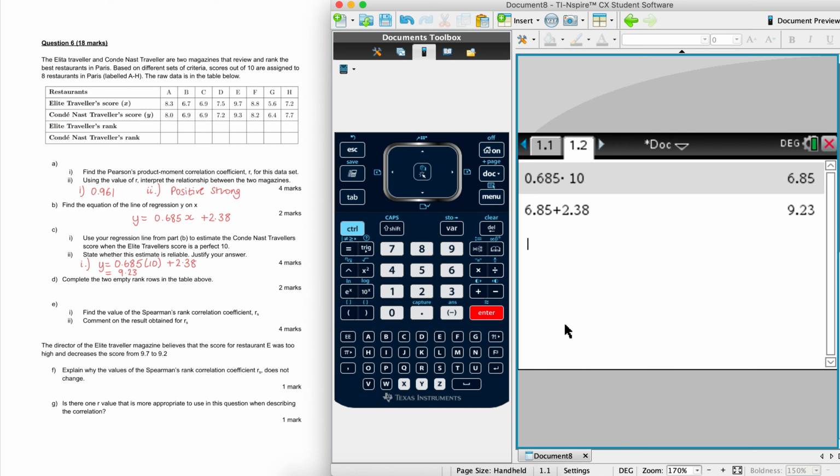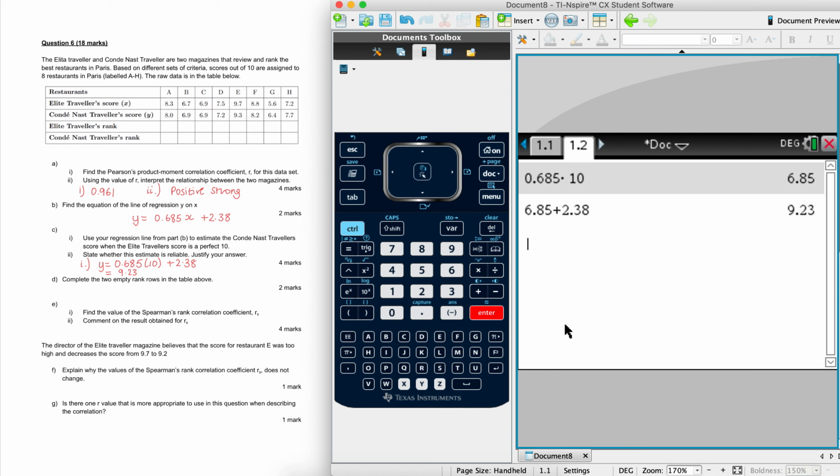Then we need to complete the 2 empty rows so that we can rank them. So it's now leading us into Spearman's rank. So it's up to you whether you start with the highest or the lowest. It does not matter which way round. So I'm going to start with the highest rank first. So the highest rank of the Elite Traveller, the X at the top, I've got a value of 1,